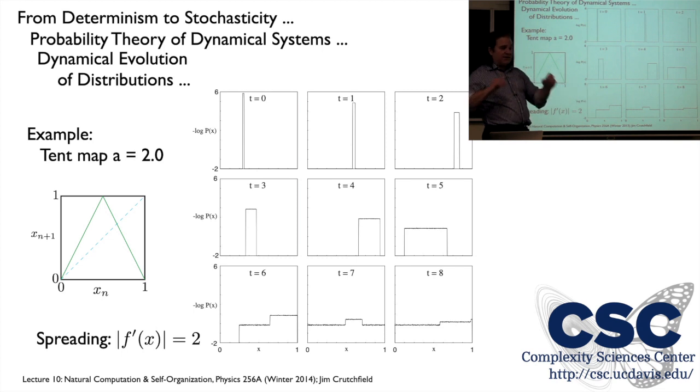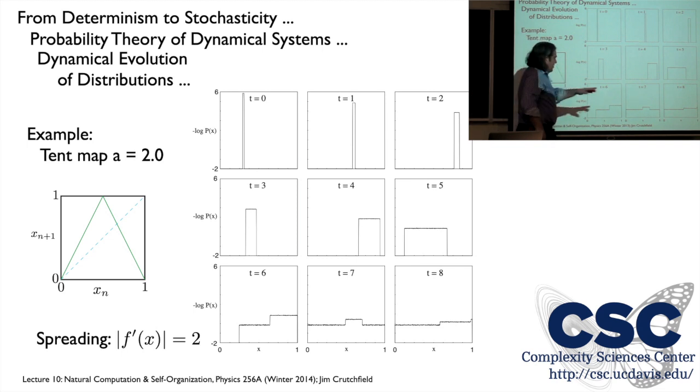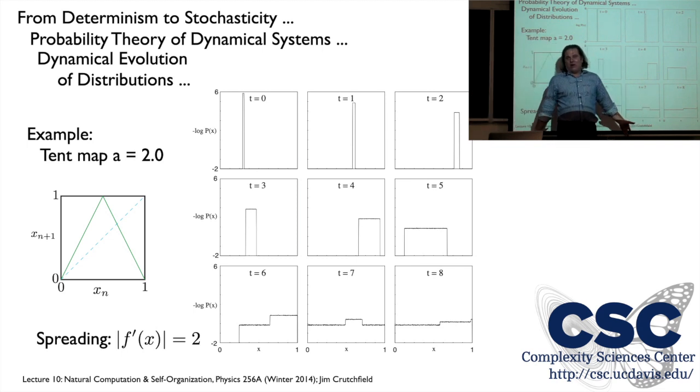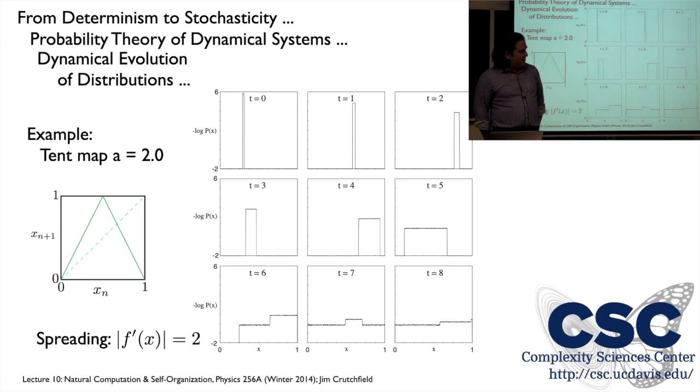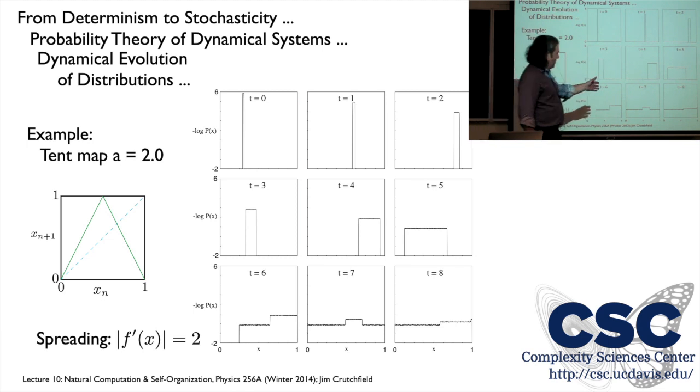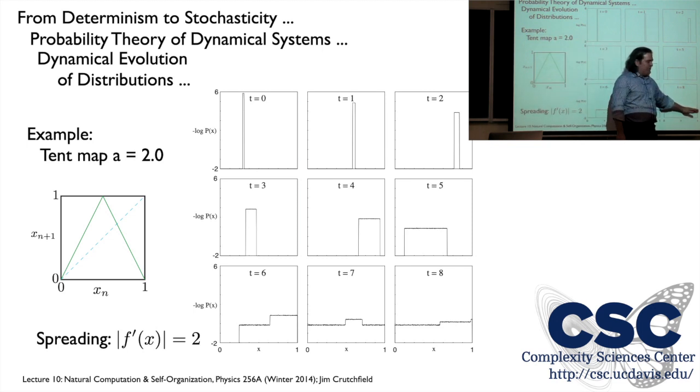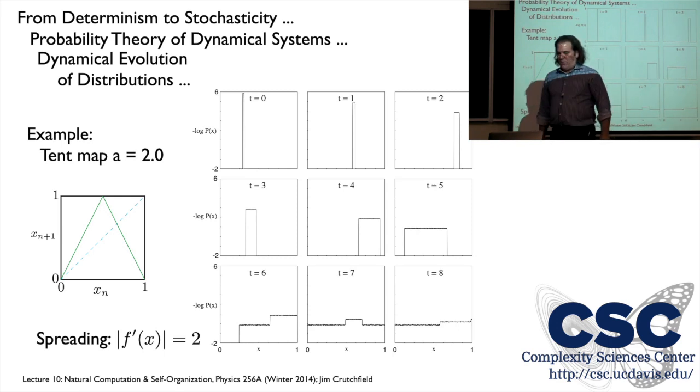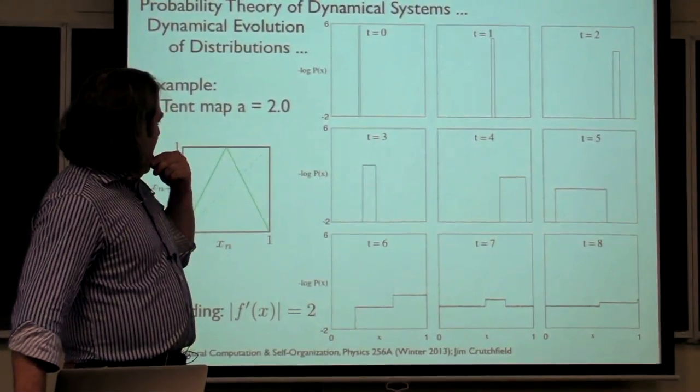Very quickly, because the probability amplitudes are always going down by half each time, modulo this occasional piling up and having multiple contributions. But those attenuate, and it just gets smaller and smaller. So you can ask, is there something we can say about the long time distribution? Imagine I had started with a uniform distribution. Does that distribution come back to itself? Is there a notion of a fixed distribution, just like a fixed point? We'll come back to that in the second part. But let's keep going on.